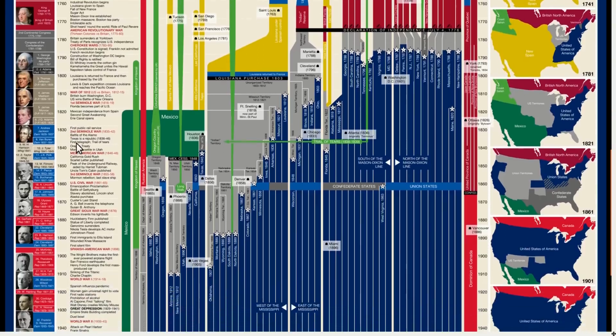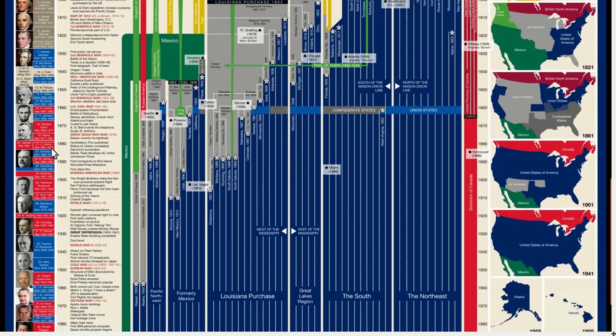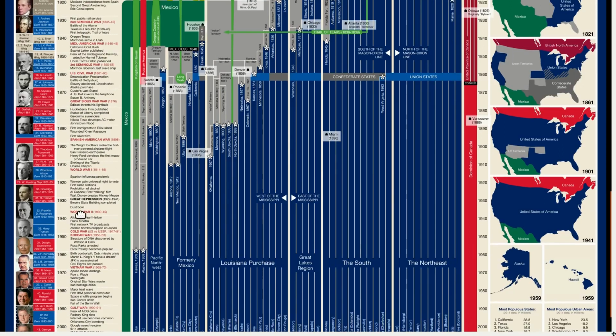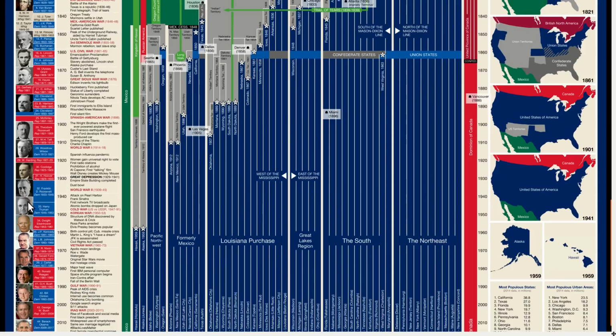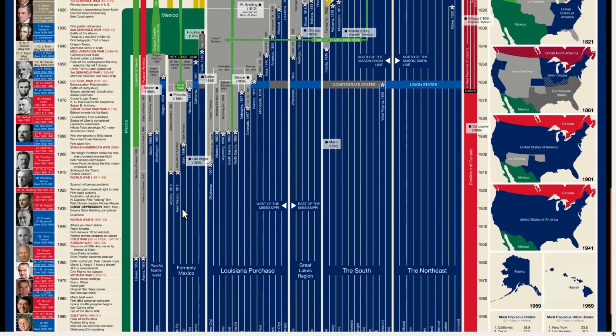The colors represent the different parties. Initially, the two parties that we know today didn't exist, but as we go down, we eventually get the familiar blue for Democrat and red for Republican. Note that due to space limitations, not every president's photo is shown, only those who served for more than 4 years. Next to the presidents and monarchs, we have a timeline of key events, including various wars, which are shown